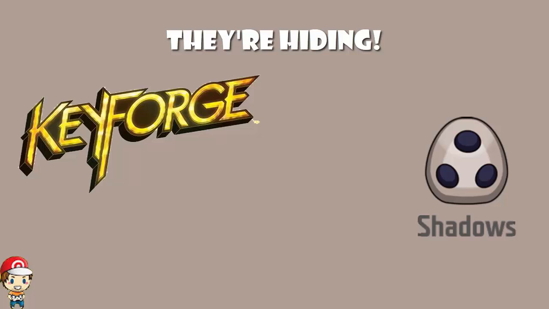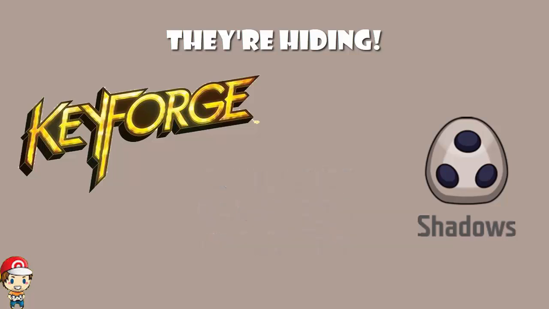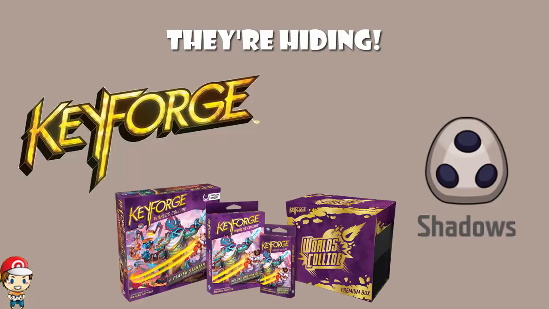My name's Ross, I like games, and today we are tantalizingly close to the release of Worlds Collide. The new Keyforge set comes out on Friday, so what we're doing this week is looking at all the new cards from Worlds Collide, not the reprints, but all the new cards, so you can be nice and prepared when they come around. So let's continue our look today by having a gander at Shadows, and we'll start off with